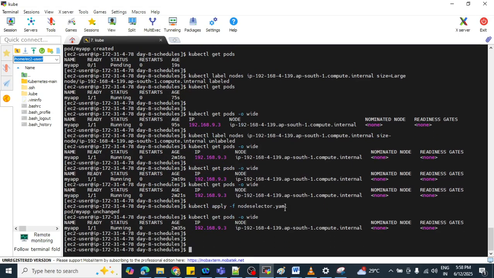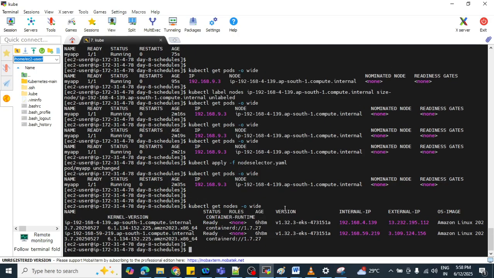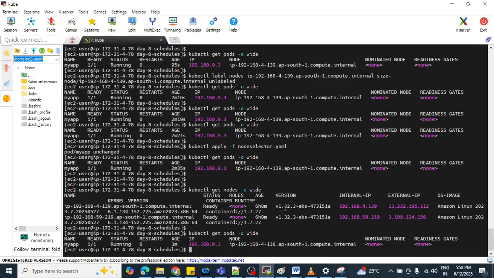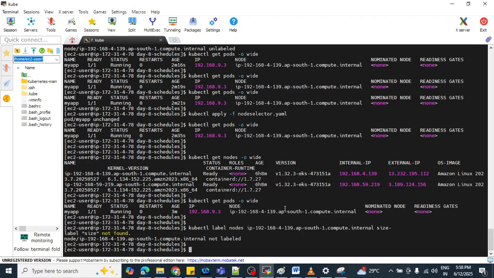Still running. Now run the command kubectl get nodes -o wide. We have already unlabeled this node.